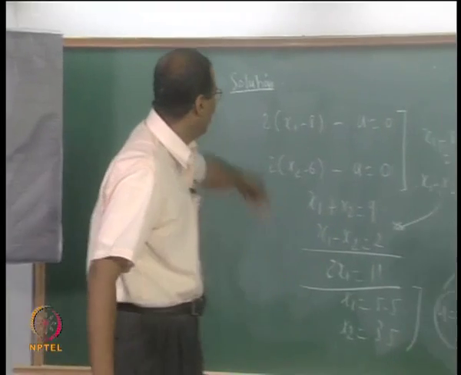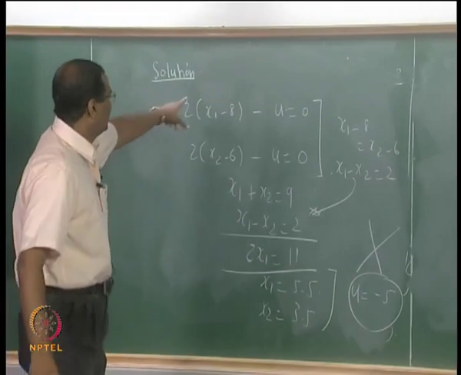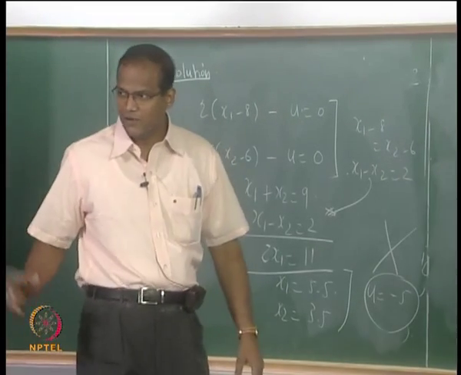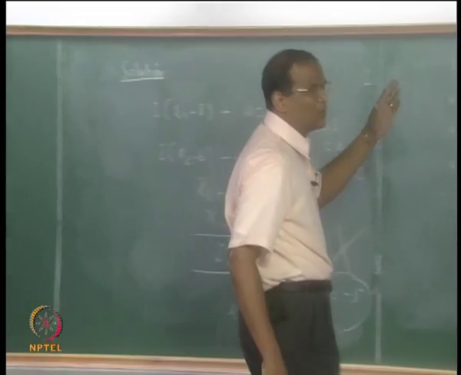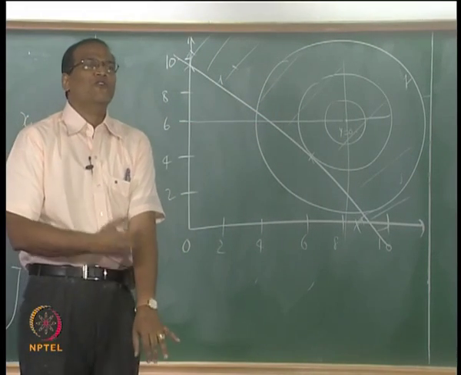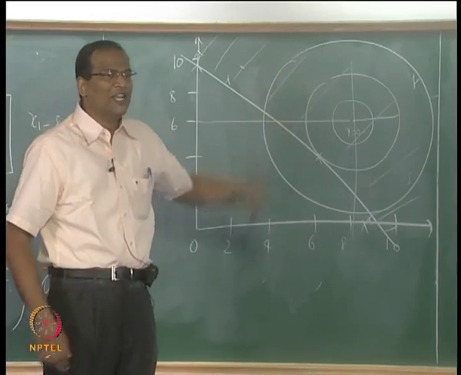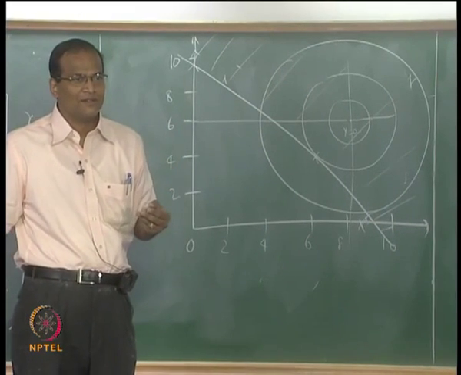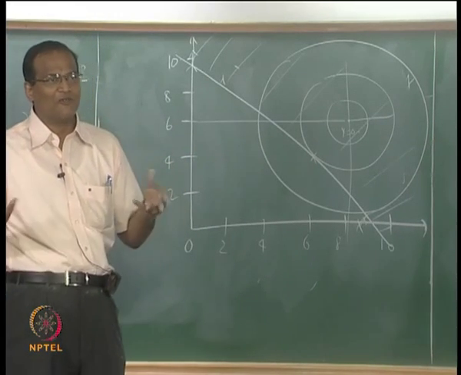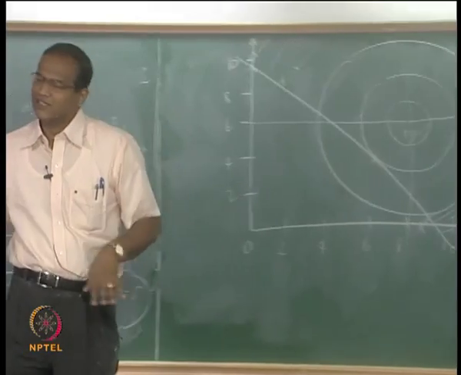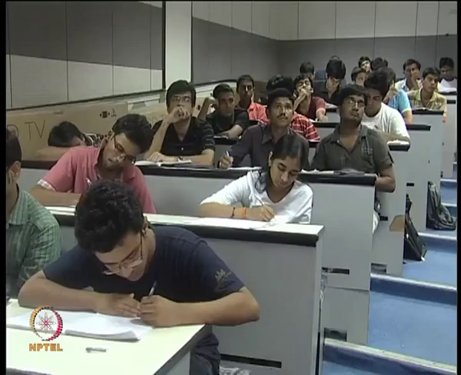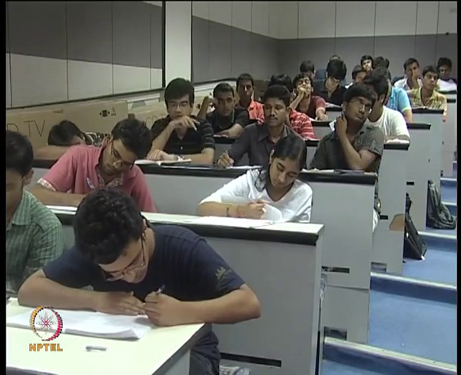Now please rework the problem; all the other things are pretty straightforward. Up to this the steps are the same. Abhishek, you got the idea of the whole thing. Now this will be so evident. If you are smart, for 31 you should assume that it is not active, get a solution, and then prove that you made a mistake, therefore you have to consider it. Otherwise take it as binding and you will get a positive value of U, which means your original assumption is correct. Now let us do this.